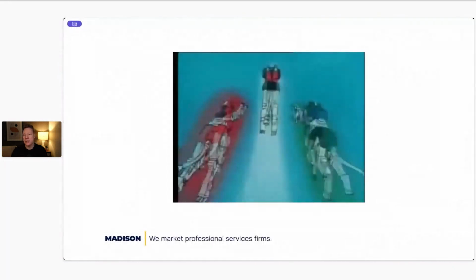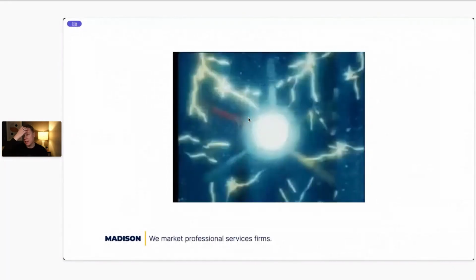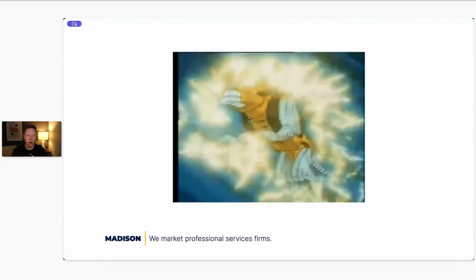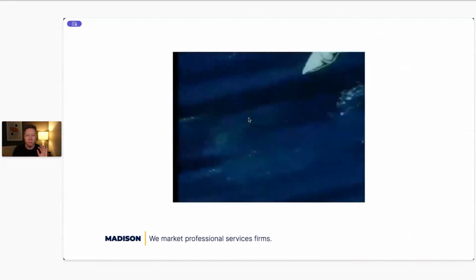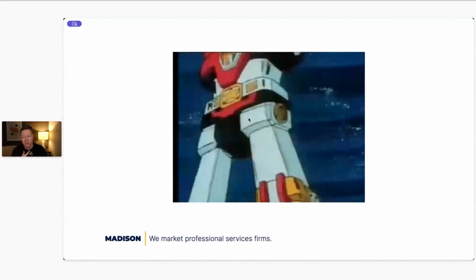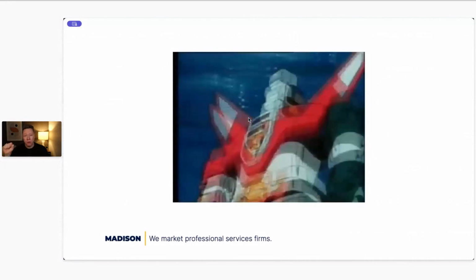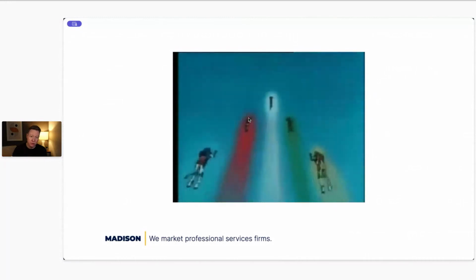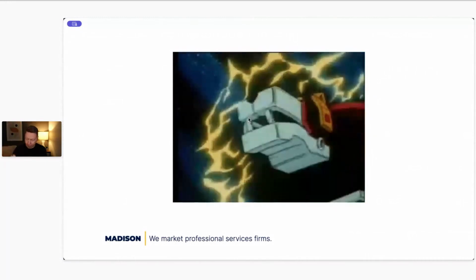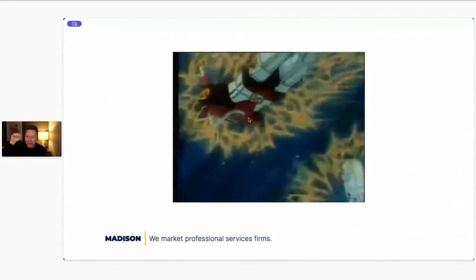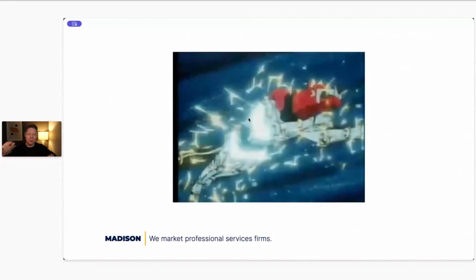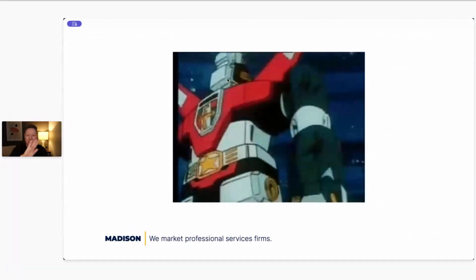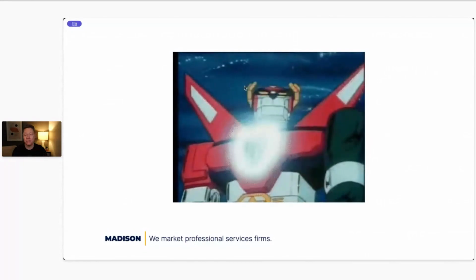Another one is modularity. So can you design, for anybody, this probably dates me, but Voltron, how modular are these? Can you break them into components, and can those components be used independently? So an example for us is the point of view. The point of view is an element of our comprehensive framework that has its own framework within it, right? So there are modules that you can break out. Same with the Eclipse model. It is our framework for making frameworks, and it is part of our larger framework.